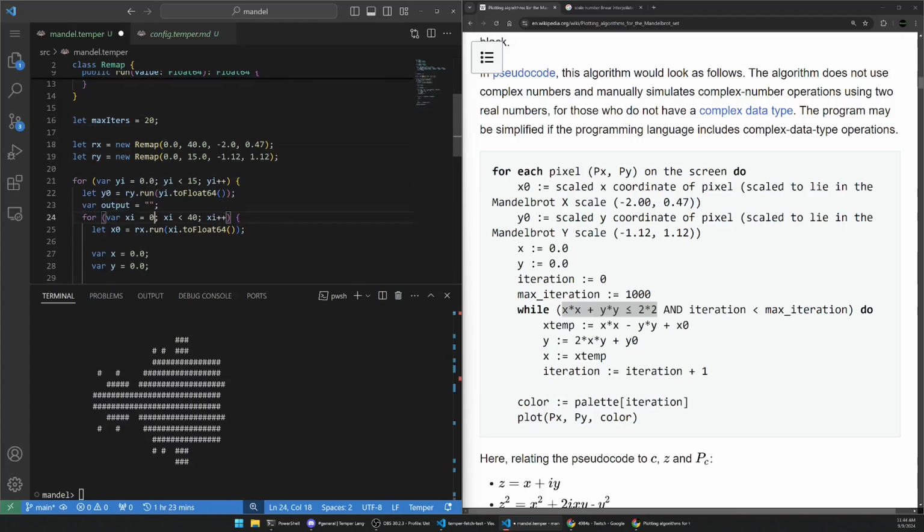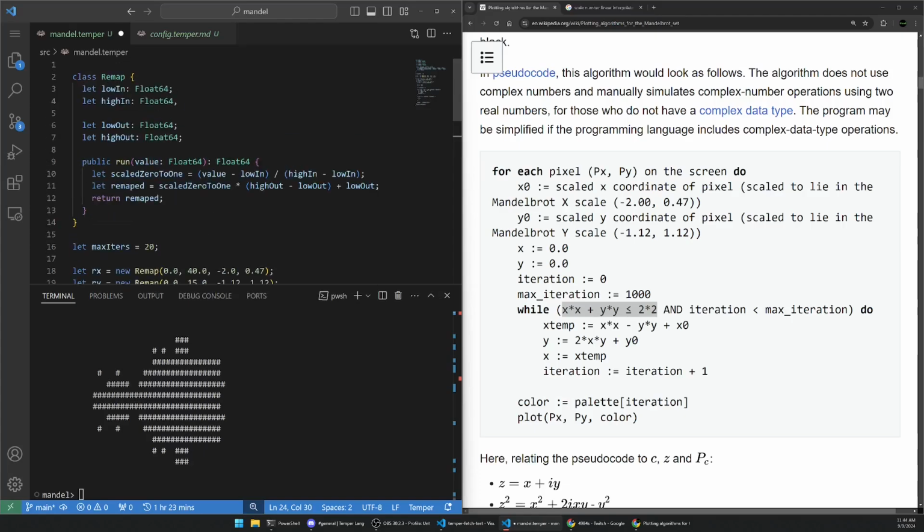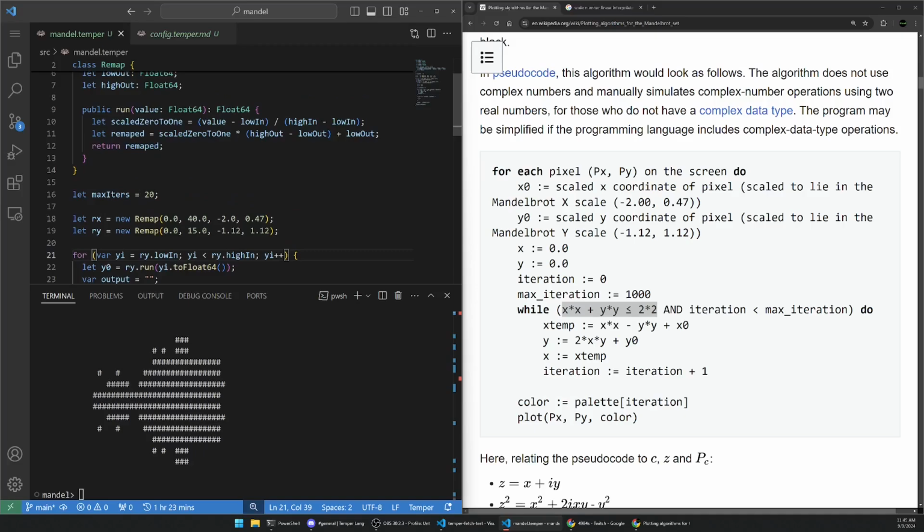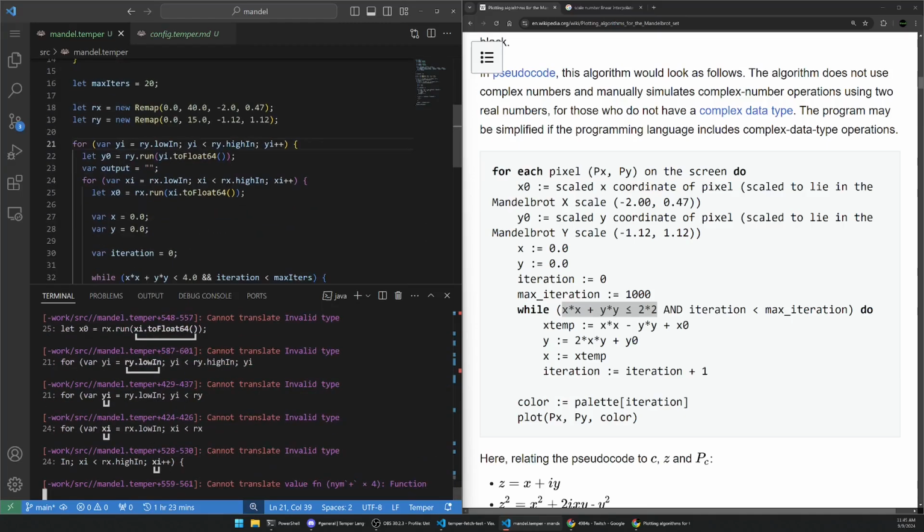We did 0.0 and 0.0 and our x dot, and then high. Alright, so low in, yeah, and then we'll do the same for Y. Okay, so low in and high in. Okay, so now we can make bigger Mandelbrots just by changing our remaps, except I didn't do